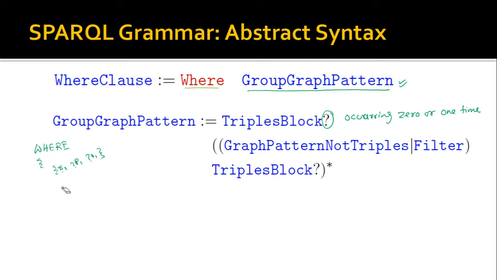but it can also follow other things, right? Now these other things are something other than the triple. So that's why you are representing this as a graph pattern not triple, right? So it can be followed by something else. So that is a graph pattern that is not triple. Or it can be followed by a filter also,